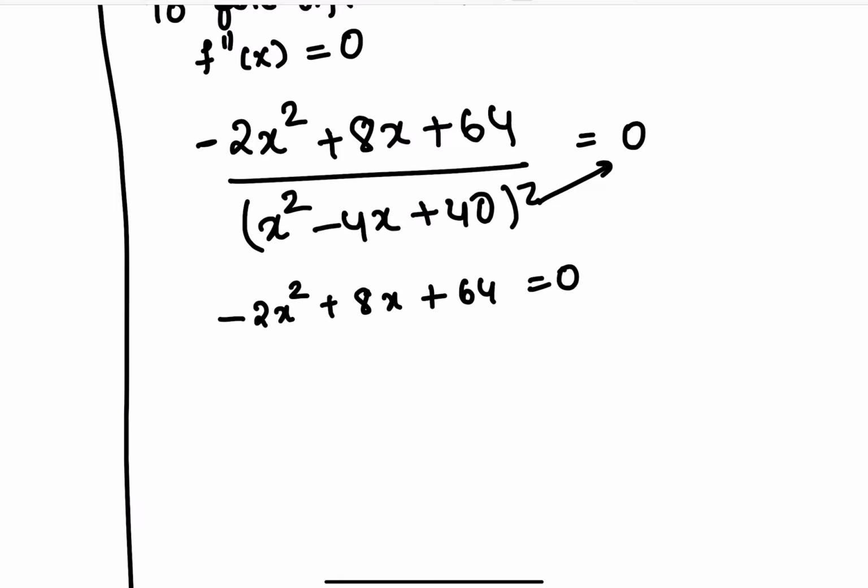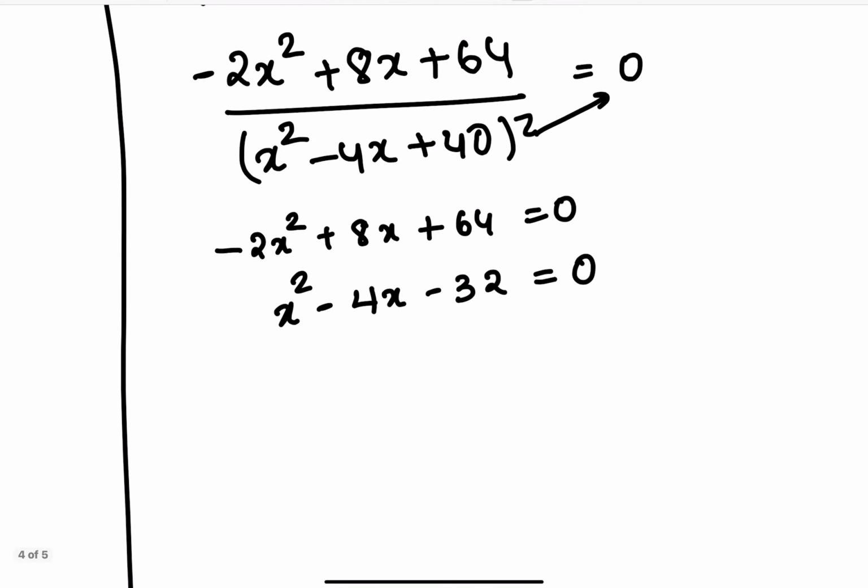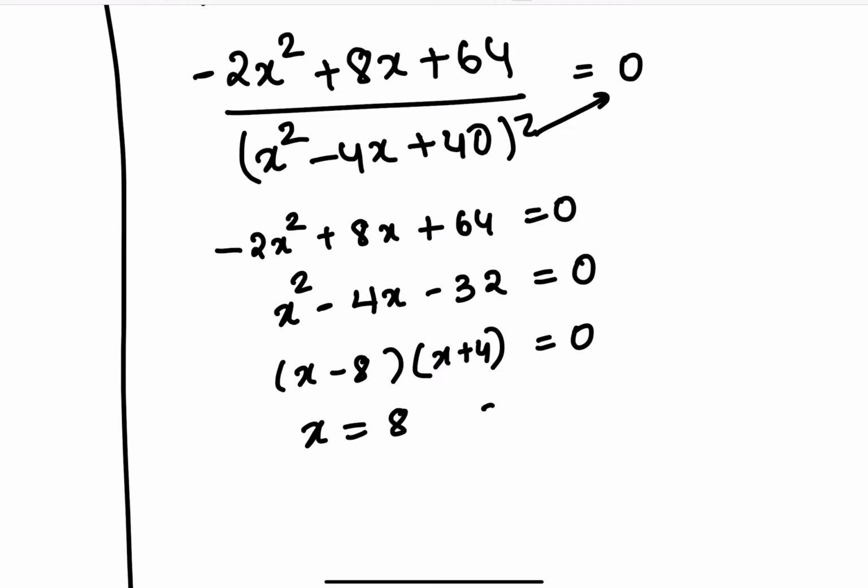I'm going to factor negative 2 out. When I factor negative 2, I get x squared minus 4x minus 32 equal to 0. Factoring further, the factors are x minus 8 and x plus 4 equal to 0. That means x is equal to positive 8 and x is equal to negative 4, which are my